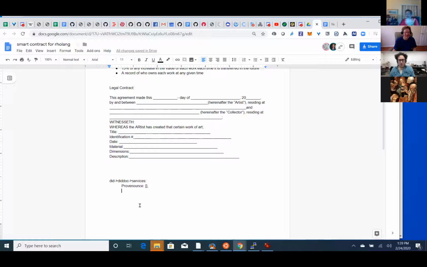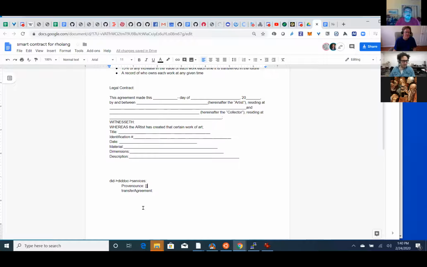I don't know what standards there are for this type of thing in the DID at all. But isn't what we're inventing basically that the DID points to a DID doc, which points to services? One service is getting information about provenance. Another thing is a transfer agreement. I'm Googling certificate of authenticity example. For the provenance, I put an empty list.